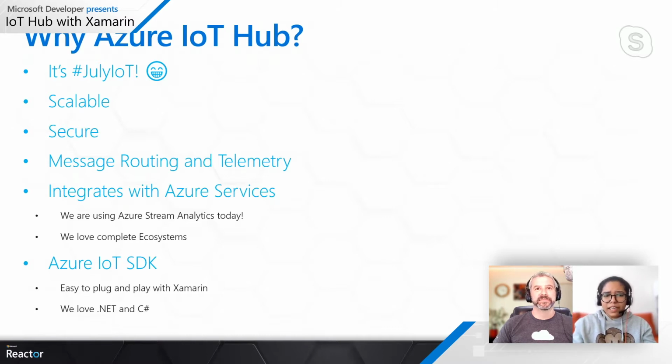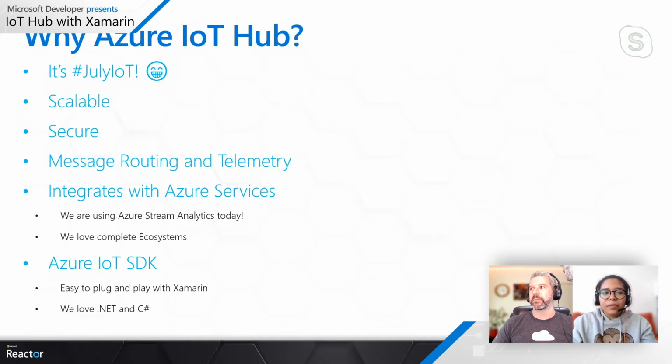So, scaling it up is super easy with Azure IoT Hub. It's secure. Messaging, all of your data going up and down is secure. It is stored in a secure service, which is obviously a good plus point. Message routing and telemetry. So we'll look at the dashboard in a bit, but you'll see that it offers a